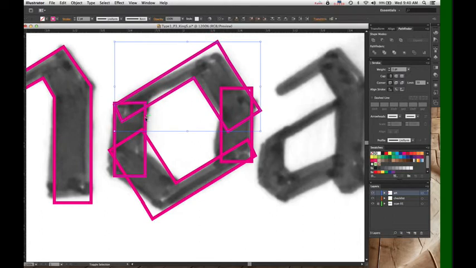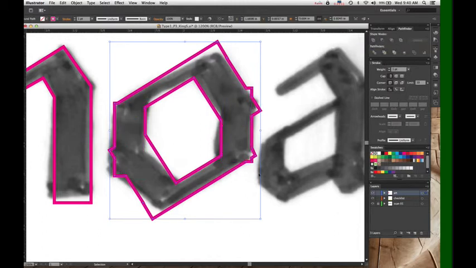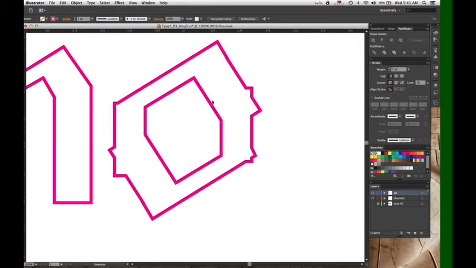You can keep uniting. I selected all of them and united them, and now I'm going to hide the scan layer for a minute so that you can see what this actually looks like. You can see I have some weirdness here where the corners overlapped that I don't really want.